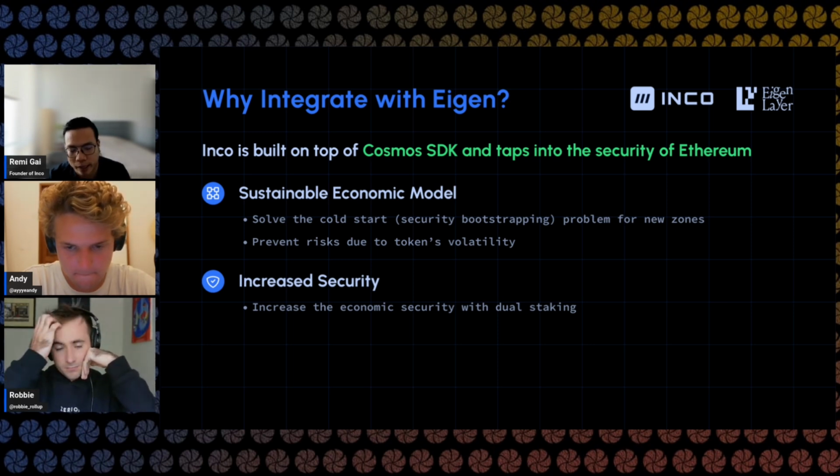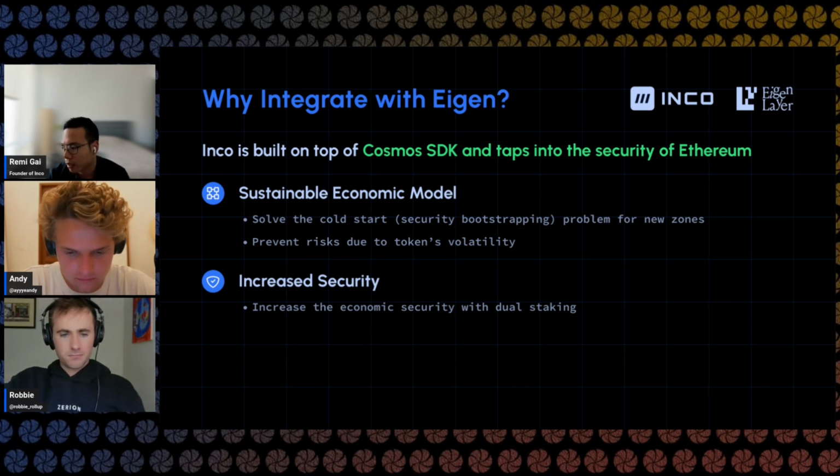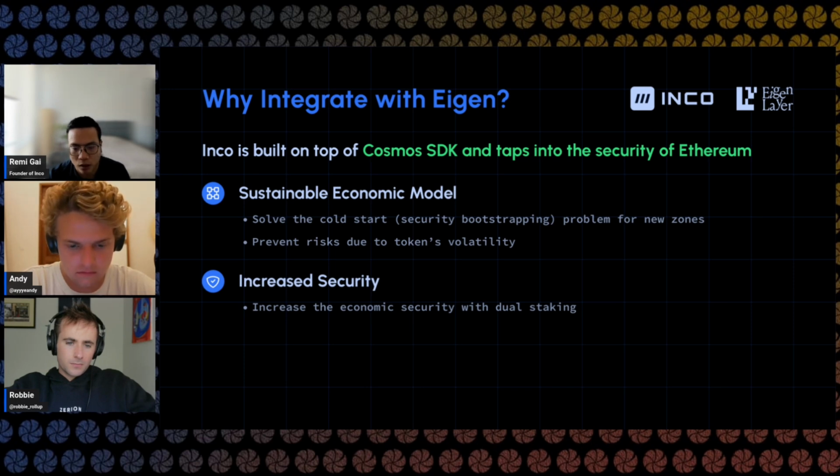But if you can utilize this concept of dual staking, which is effectively staking Ethereum and Inco, then essentially you can lower the inflation rate because Ethereum market cap arguably is going to be more stable, less volatile. The second point is, because your market cap is also lower, your security is also much lower to begin with, right? So this is where, with dual staking, you could also leverage the economic security of ETH. If there are a lot of stakers, you can essentially increase your overall security through dual staking.